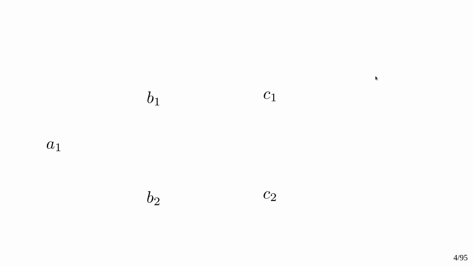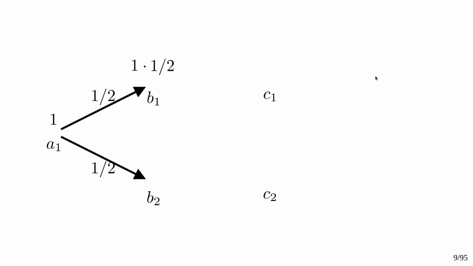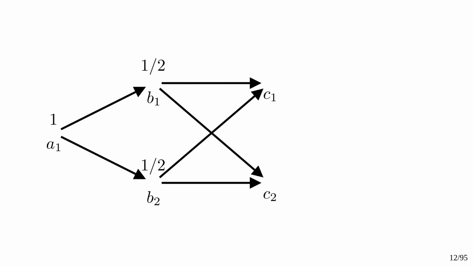Our system is initially in a state A1 with a probability of 1. It then transitions to the state B1 or B2, both with a probability of 1/2. The probability of it then being in the state B1 is therefore 1 times 1/2 or 1/2. Same for B2. After that, the system transitions into C1 and C2 with the same probabilities. There are two different paths how the system can end up in state C1. Either via this blue path by moving across B1, or by this green path by moving across B2.